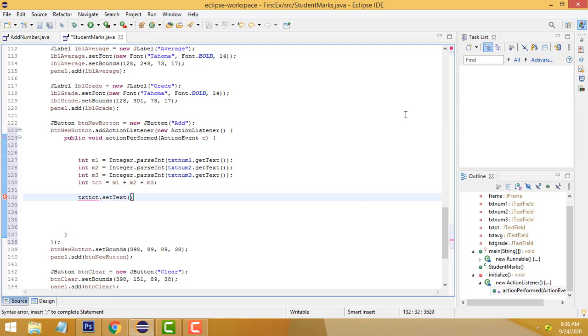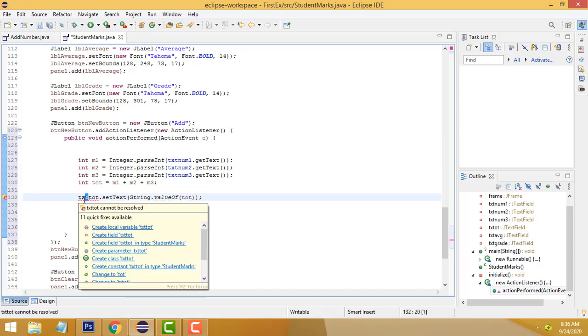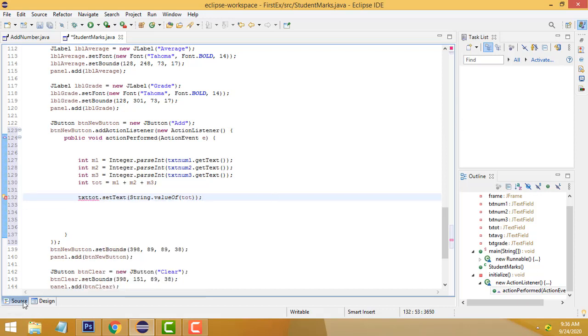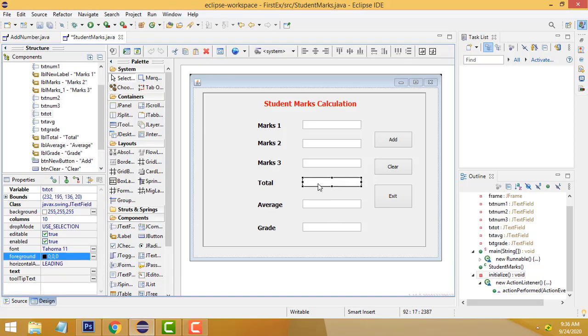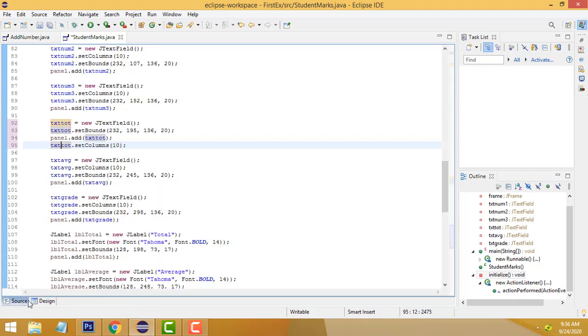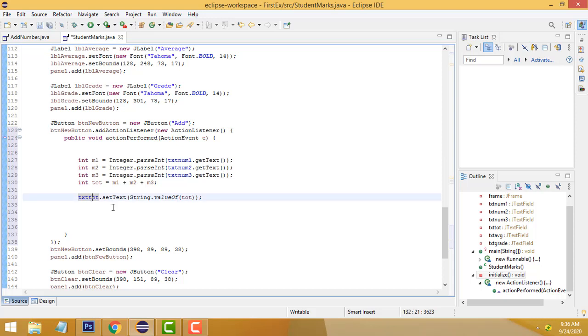You have to write here String dot valueOf, dot. The problem is txt dot: I just put a txt dot, pressed the enter key, and now it works. That's the problem. I missed one t here, now it works, right?